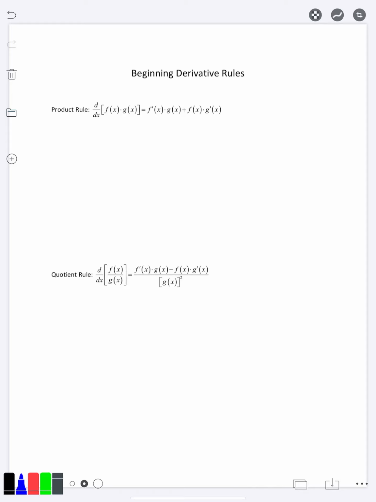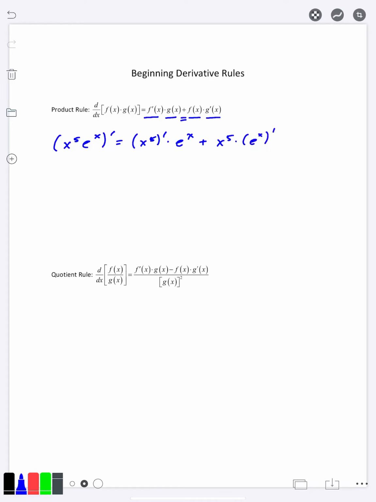every derivative problem. So this first one is saying that if we are trying to multiply two functions and then take the derivative of the result, this is the method we use. You take the derivative of the first times the second without the derivative, plus the first times the derivative of the second. So let's suppose I want to take the derivative of x to the fifth e to the x. Well, I go ahead and take the derivative of the first times the second plus the first times the